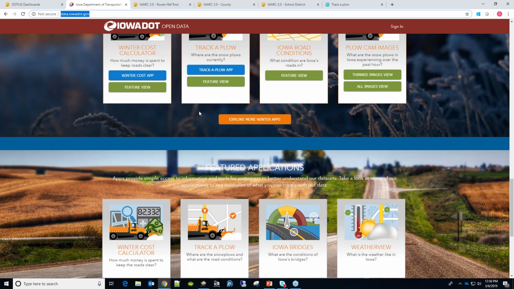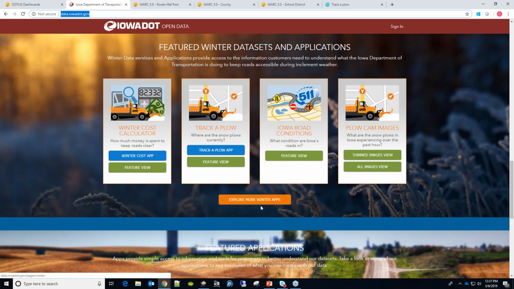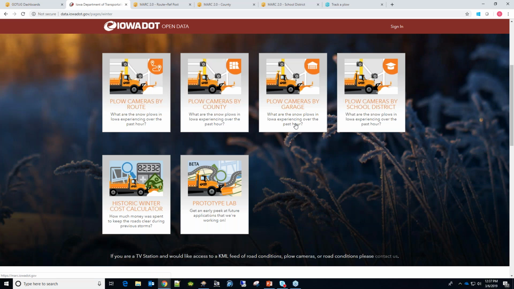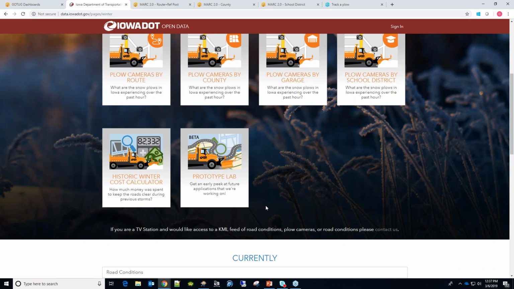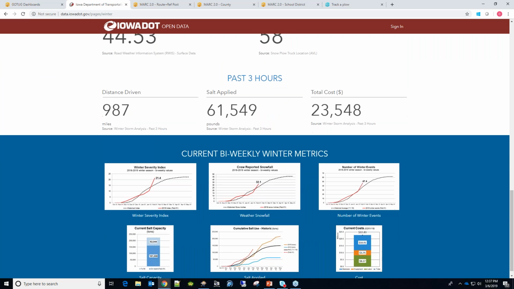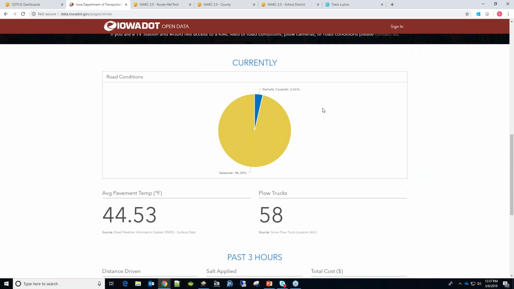You can scroll down, and all the winter stuff is on this Explore More Winter Apps page that we put together. You can also do a little bit of dashboarding with the ArcGIS Hub to show metrics and stuff like that. Very neat.